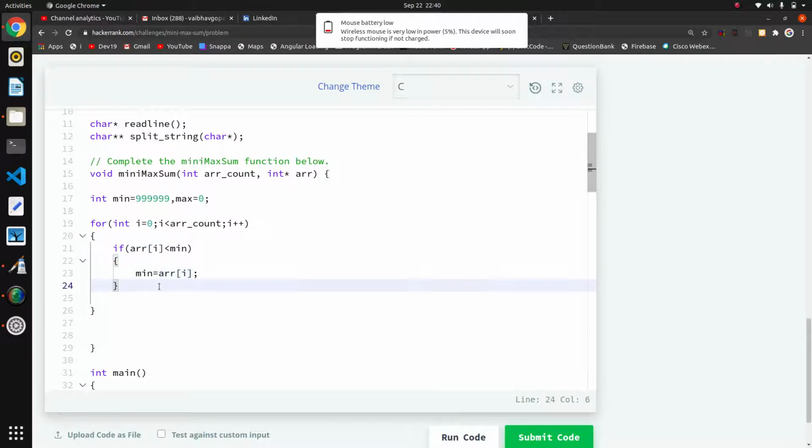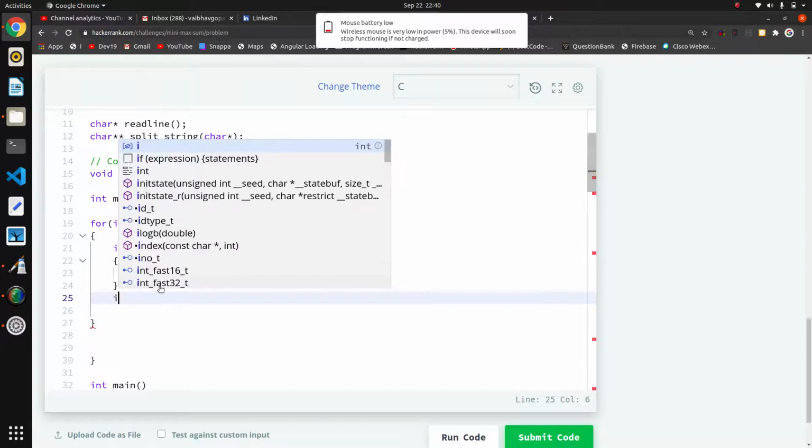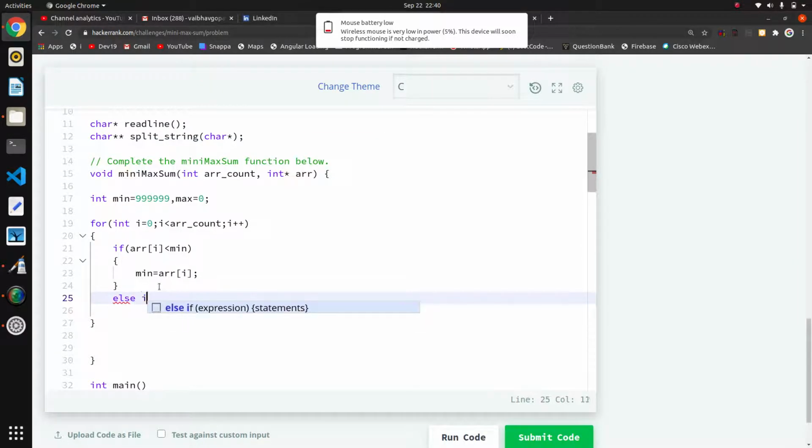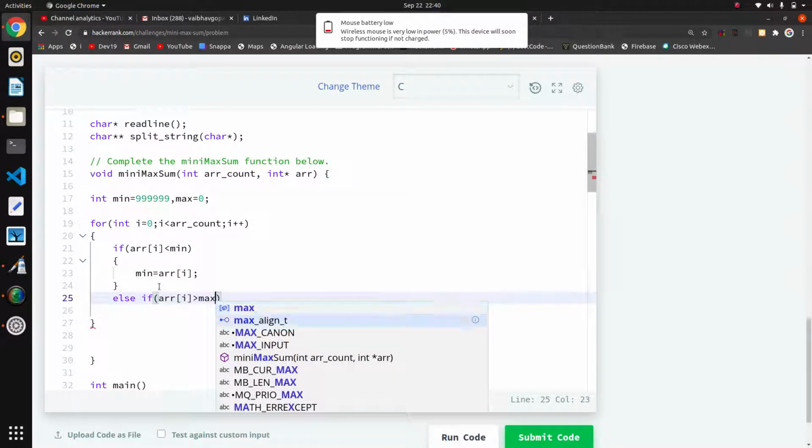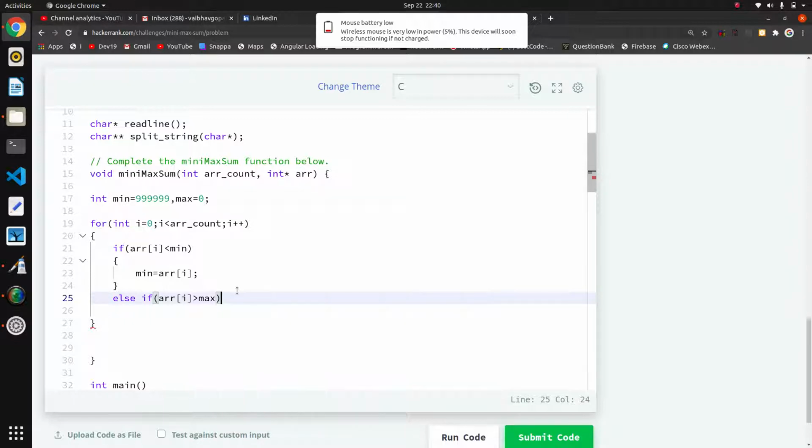Similarly, I will write else if arr of i is greater than maximum, then I will assign maximum equal to arr of i. Using this I will find minimum and maximum. Without wasting time, I will find the sum of all elements in this loop.